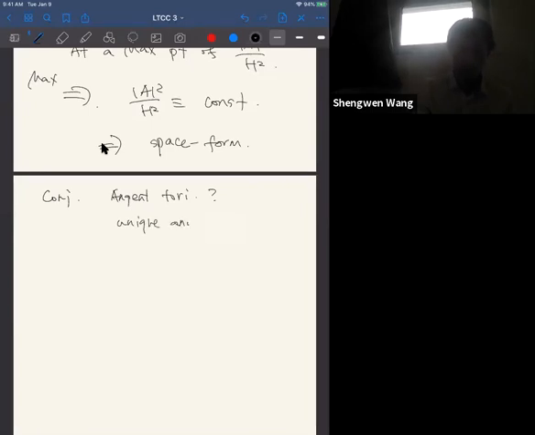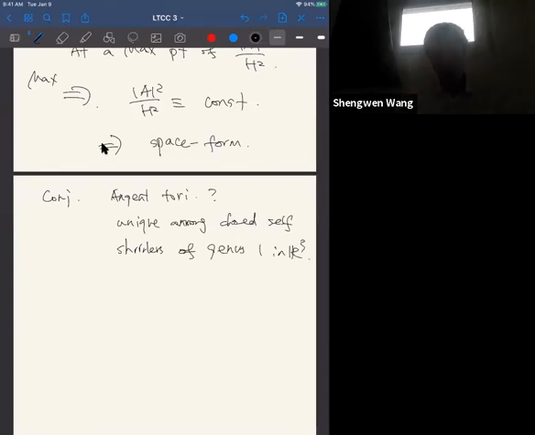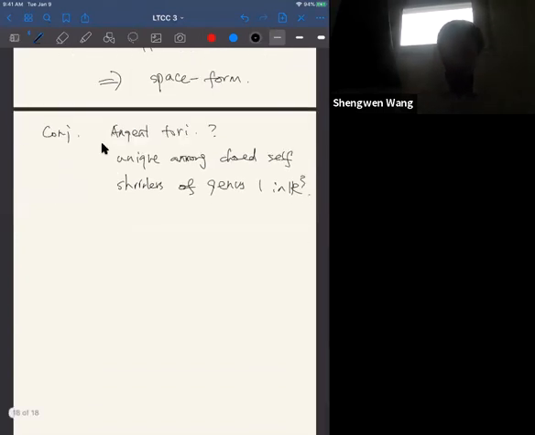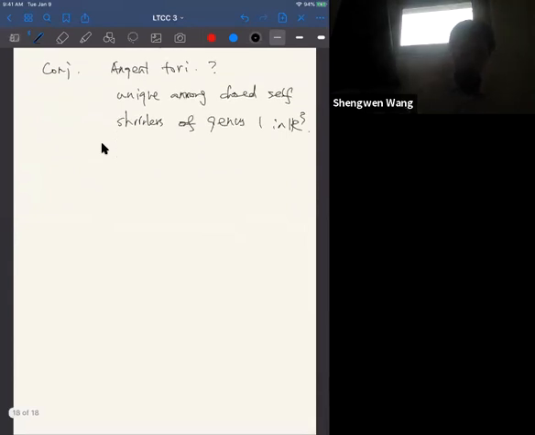Unique among closed self-shrinkers of genus 1 in R3. So this is in general not known yet. And also,